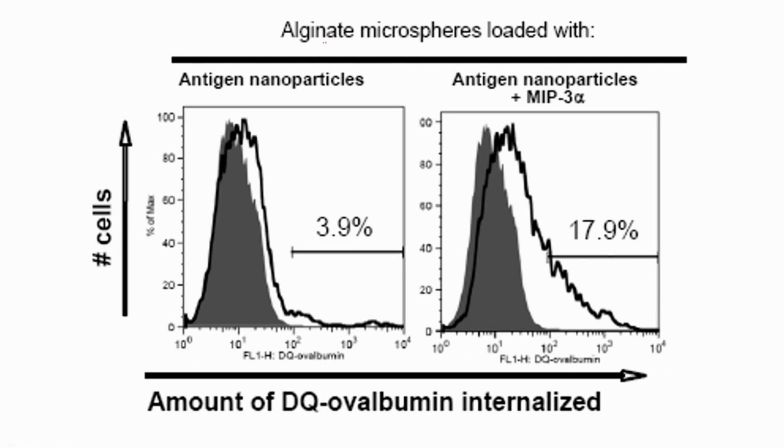So, here is some more data on the alginate microspheres that were used. If you use just the antigen nanoparticle, you look for cells that have taken up the ovalbumin, which was your antigen, labeled via fluorophore. What you find, compared to your control, is a very minor increment in your uptake of your antigen. So, this is antigen,